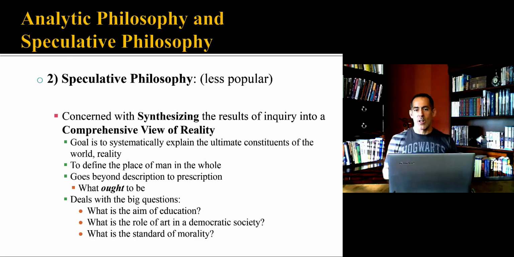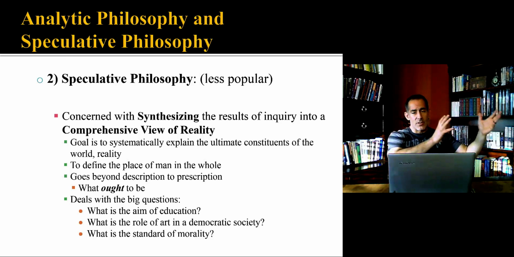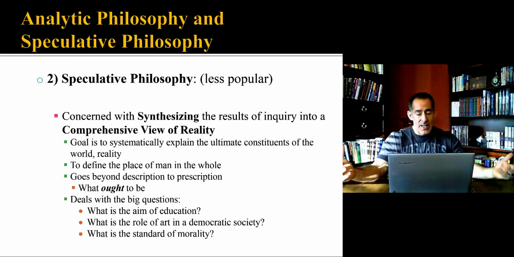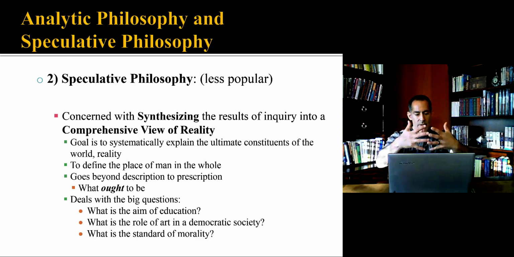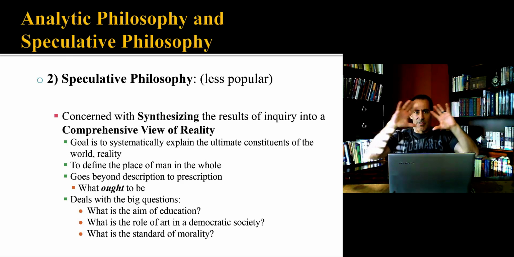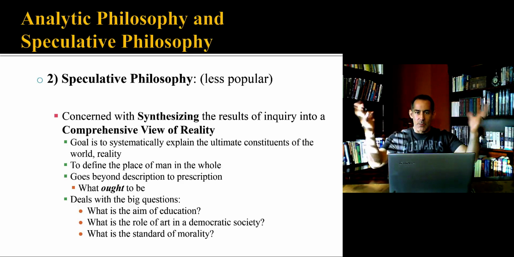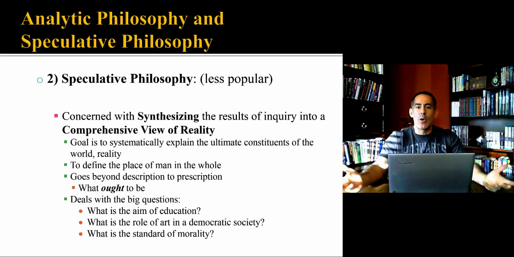So let me move past that as well and talk a little bit about the speculative approach. The speculative philosophy has a long history. I mean, you could talk about the whole classical tradition from the ancient Greeks through the Middle Ages and even into the modern era, and even into the contemporary era. You get people that would classify themselves as more speculative philosophers and not so much analytic. And the speculative philosopher, the classical philosopher, has this concern of synthesizing results of inquiry in various areas to come together and form some kind of comprehensive view of all reality, or some kind of system to explain everything. Plato is a great example.